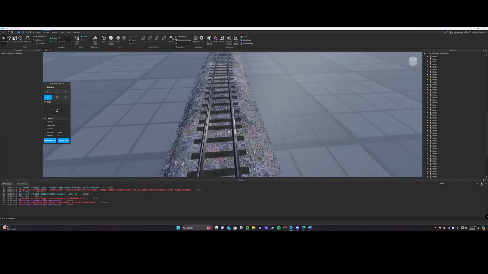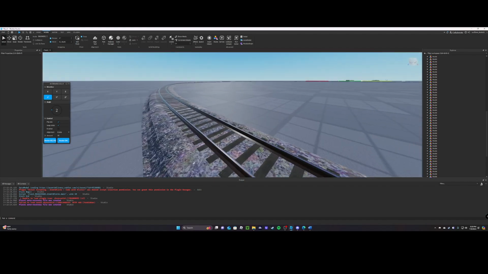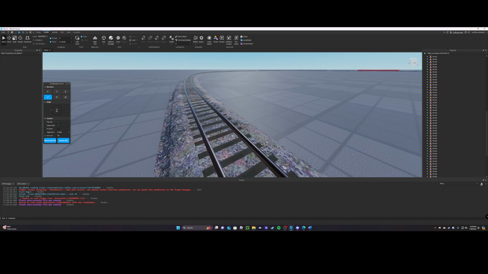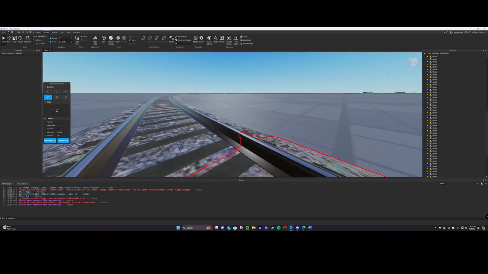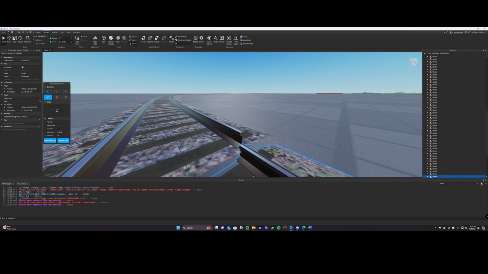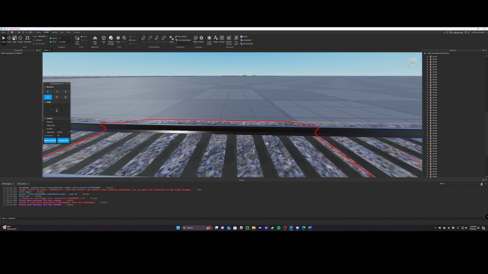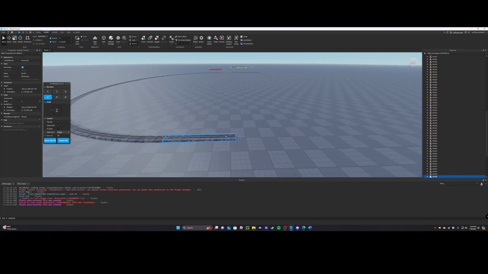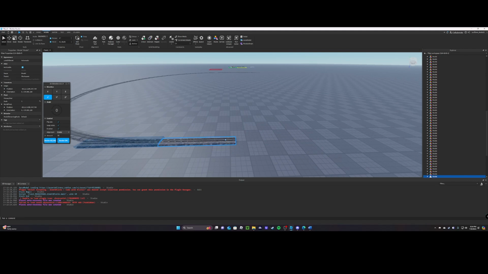And this is mostly lined up, but sometimes that won't always work out for you. So what I like to do is come over here and grab the edge of the rail and then line it up with this edge of the rail, and that will make it as smooth of a transition as possible. So let's go ahead and grab this, set the angle back to 0, set the mount back